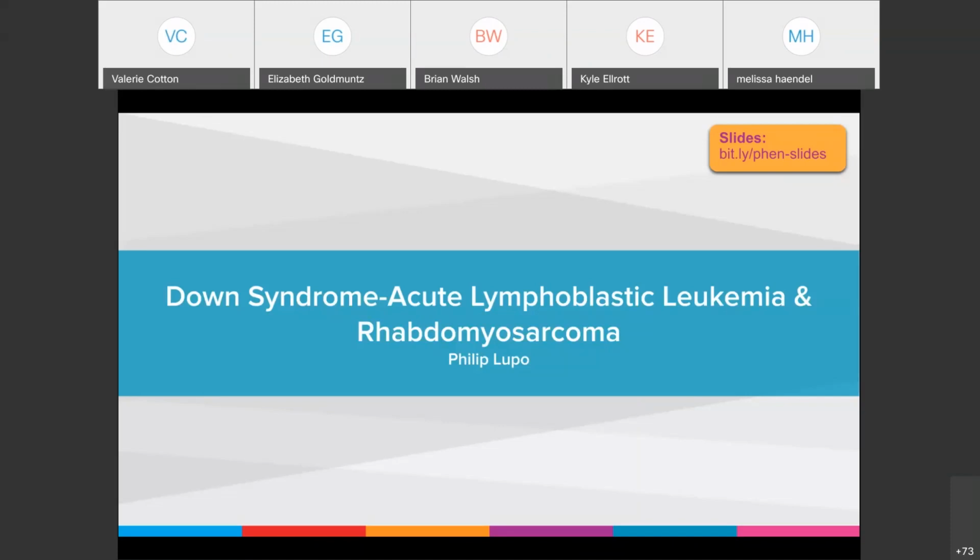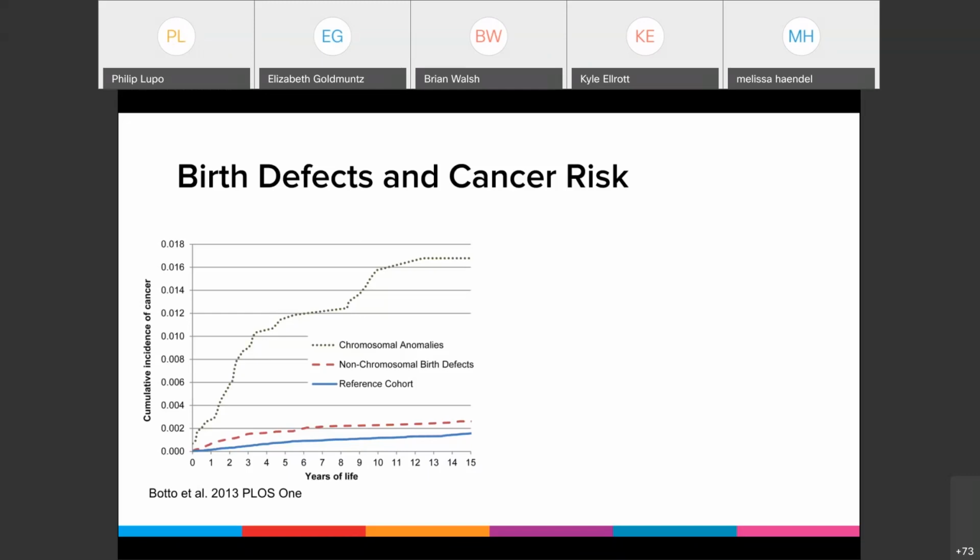So Philip? Thanks, Valerie. Even though I'm going to be talking about 2 projects, I'll try to make up some time. So obviously, to start out the conversation, I'd like to remind everybody about cancer risk in children with birth defects. And as you can see from this really nice figure from Lorenzo Botto's paper, that risk is exceptionally high for children with underlying chromosomal anomalies. So if you look at the next panel,